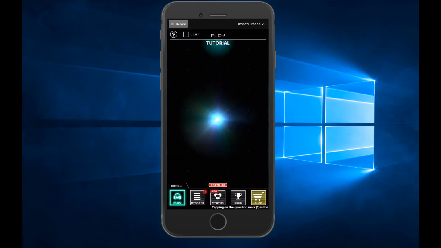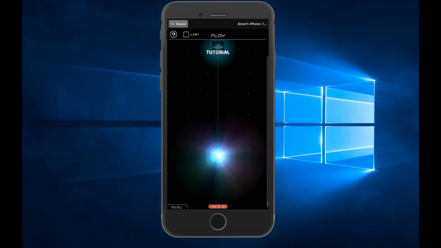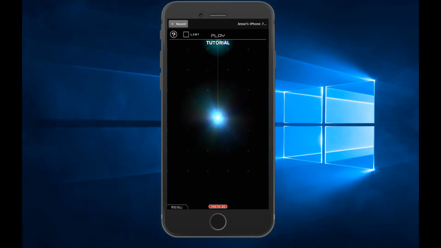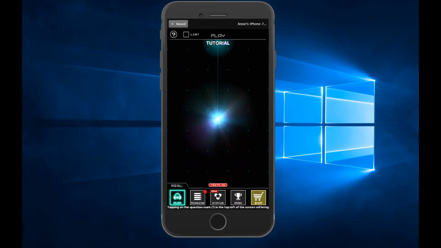And here we go. So this is your main screen. You've got this kind of spacey looking thing, and this line going up the screen. Okay, you just let it idle. Along the bottom, you have your typical things like your score, your options, your trophies, and the cart if you want to buy additional stuff.